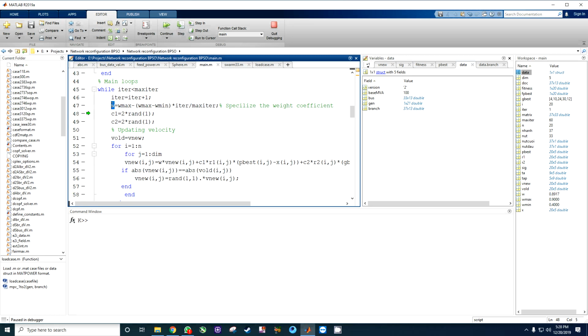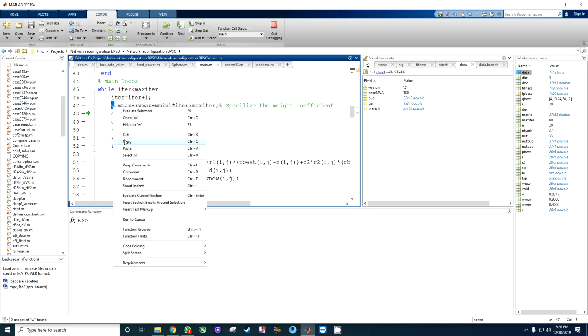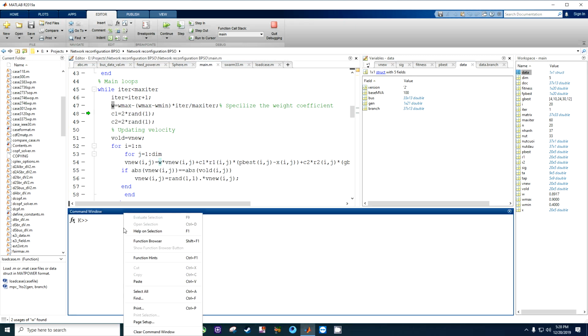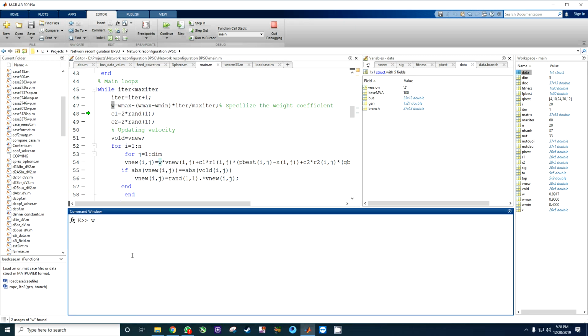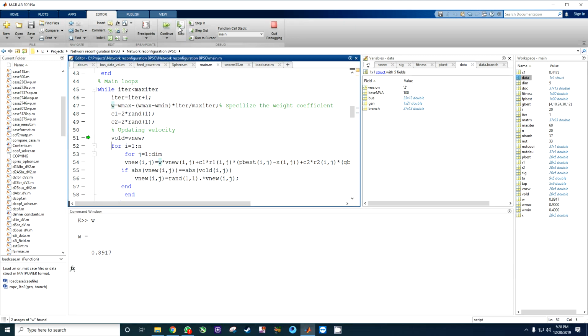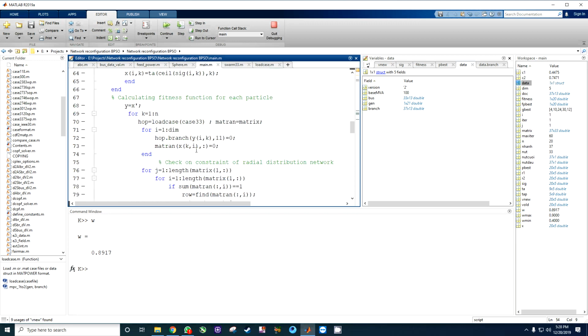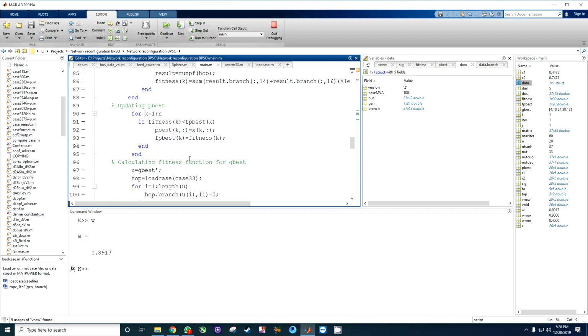Now if I want to check the value of W, you can just paste it in the command window and click enter, and then you get the value. And in this way you can get all the steps. Click on the step button. Now you are moving here again to case 33. So if you want to